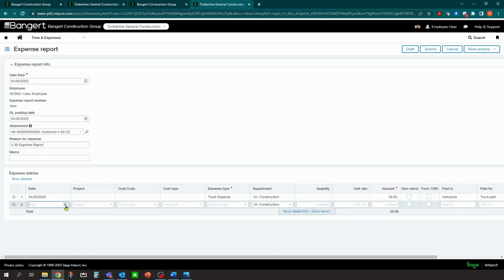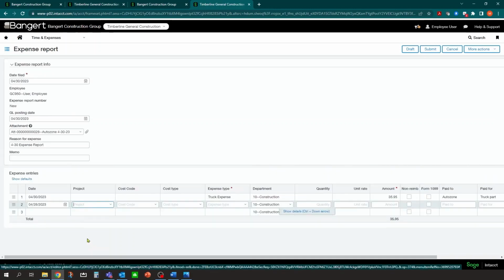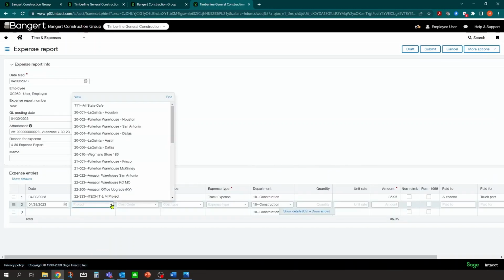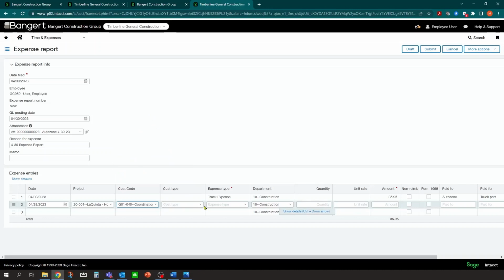So maybe I had some mileage. Let's say on 4/28, we drove to La Quinta Houston project, and now I would pick maybe a cost code that is relevant here. But let's just say coordination, and it's going to be actually...